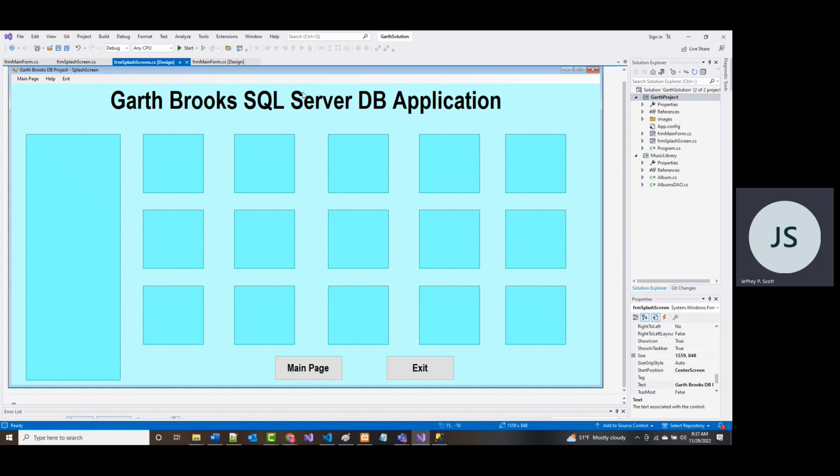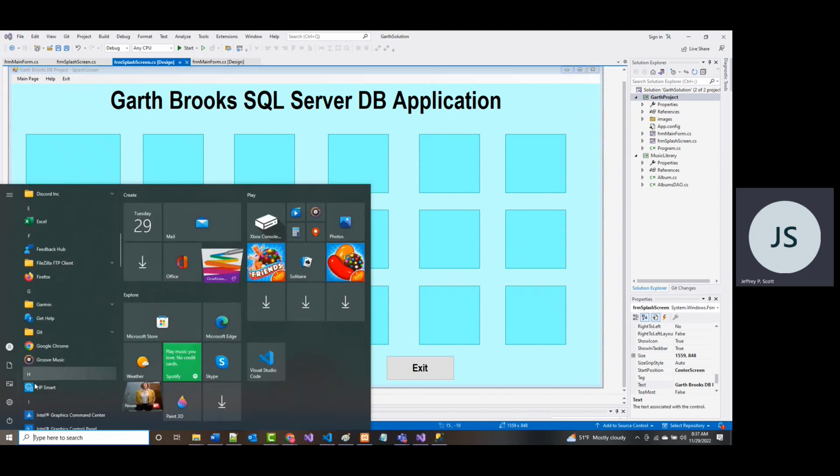So we've come in, we have installed Microsoft SSMS or whatever the heck they call it. All right, let's look and see what it's called again, because I always forget.